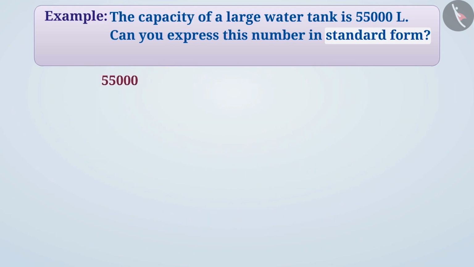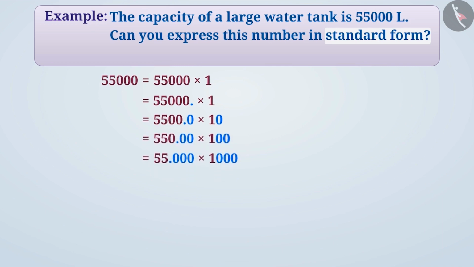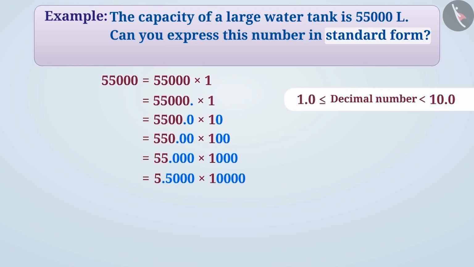Let's look at another interesting method to obtain the standard form. To express this number in standard form, we will write this number as. Then, we will place a decimal point after the number. Next, we shift the decimal point one by one towards the left. To keep the value of the number the same, we keep multiplying it by 10, which we will show by increasing the number of zeros placed to the right of 1. We will continue to do this until the value of the decimal number is equal to or more than 1.0 and less than 10.0. We will stop moving the decimal point as soon as we get the required value.